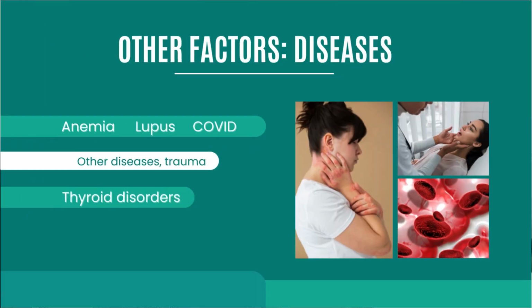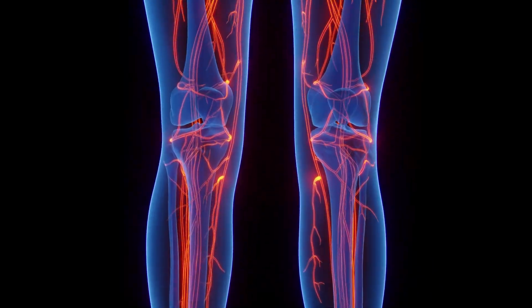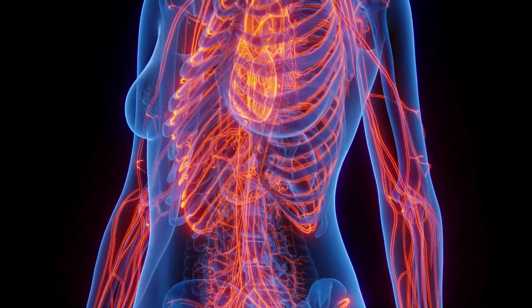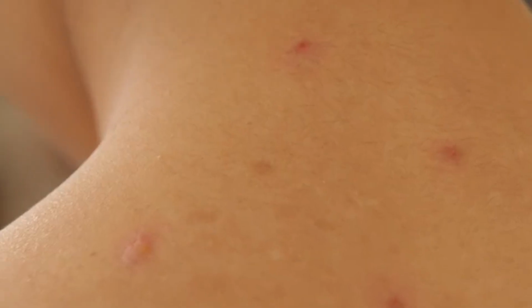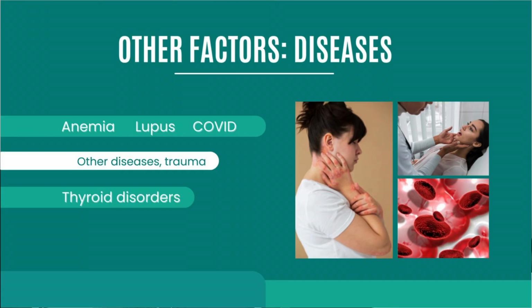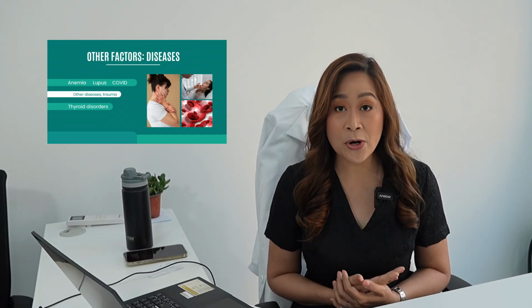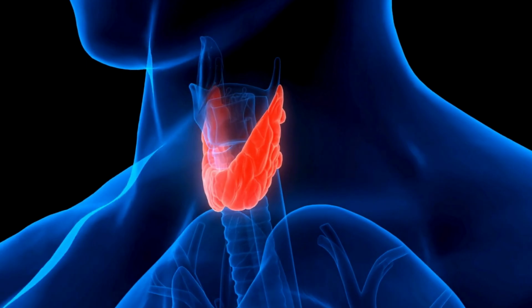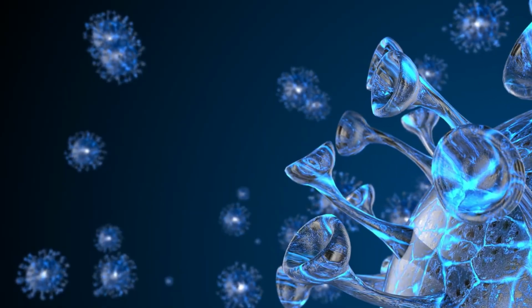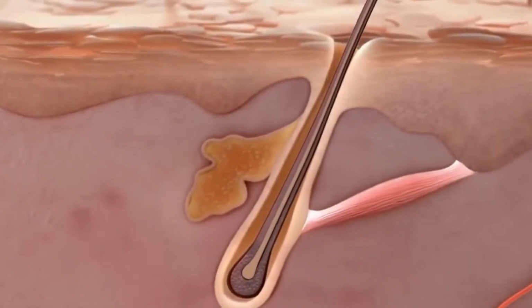Other factors include diseases. There are a number of diseases which can cause hair thinning or hair loss. Remember that when the body experiences trauma, the body has its way of reacting, and oftentimes the hair and the skin are the first to shut down. Anemia, lupus, COVID, they all can cause excessive hair fall and hair thinning. Thyroid disorders, because of the changes in hormones, can also cause a change in the hair growth cycle and affect